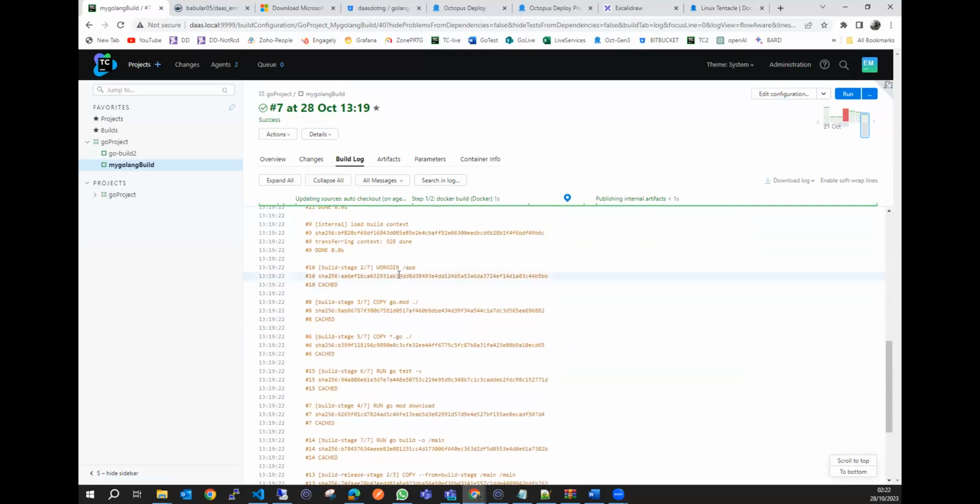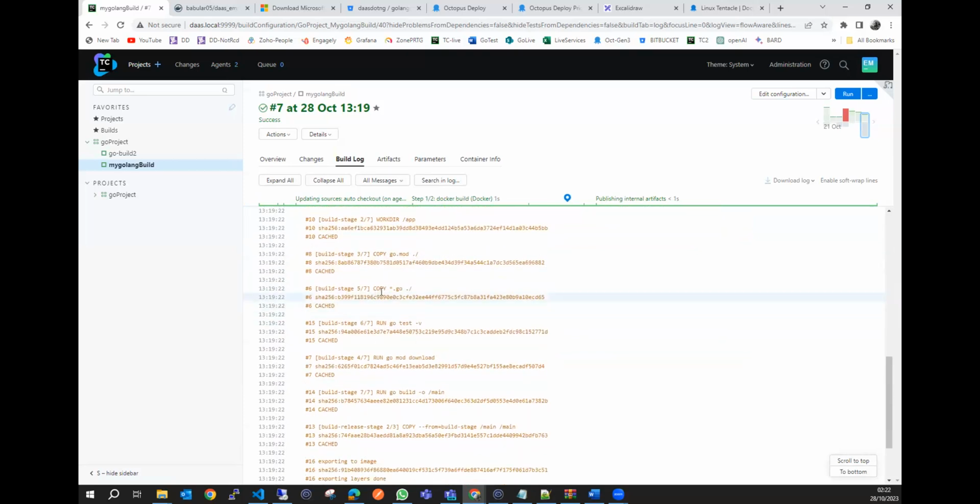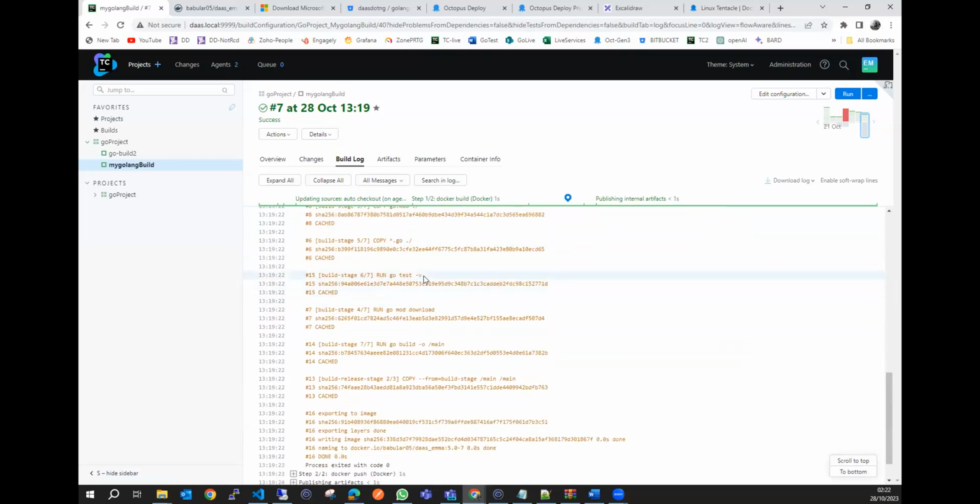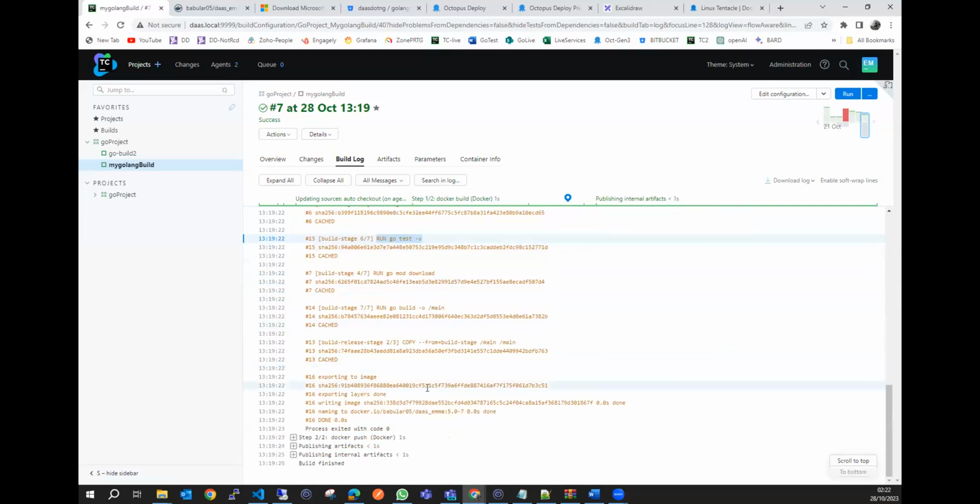You can see it did all of the go mod, copied all of the files we need. It even ran the tests as well. That's also to tell you that our unit test has been embedded in our Dockerfile. So it ran all of the tests and it exited with code 0. So code 0 means that everything is fine, everything was successful, and then it exited and it moved to the